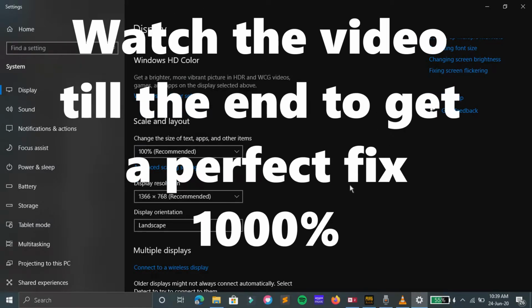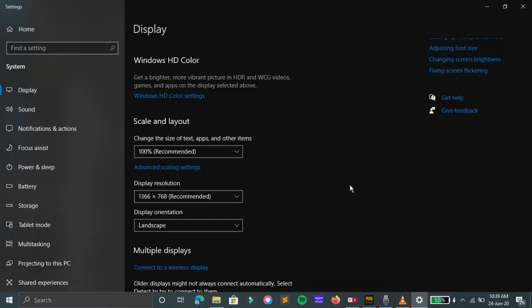I'm up with a new video on how to fix the black screen, that is your display capture. This video is specific for people who have laptops of 1366 by 768, that is this display resolution. So if you have a problem on this on OBS, like for example I show you my OBS,